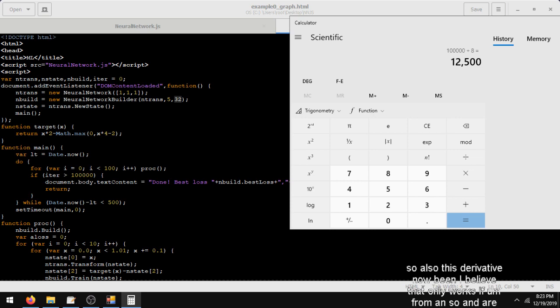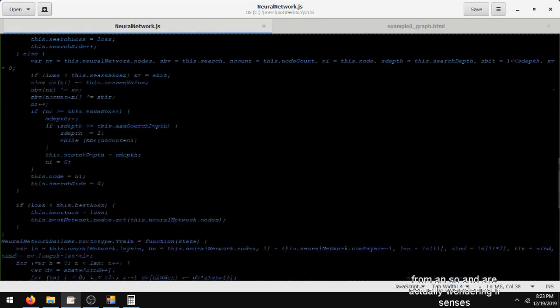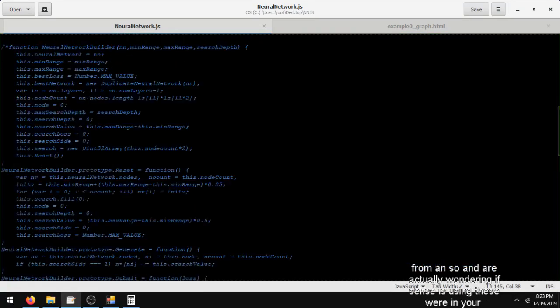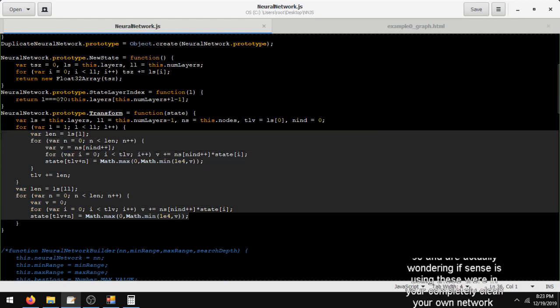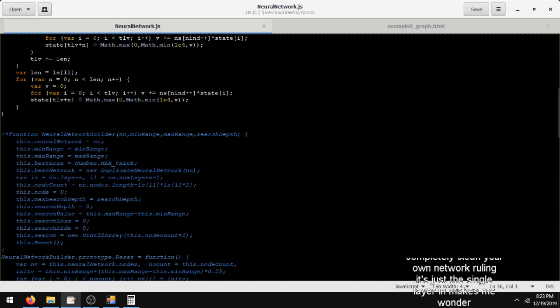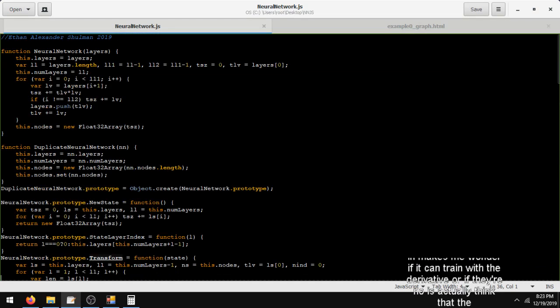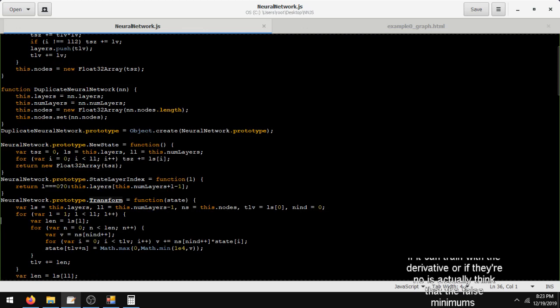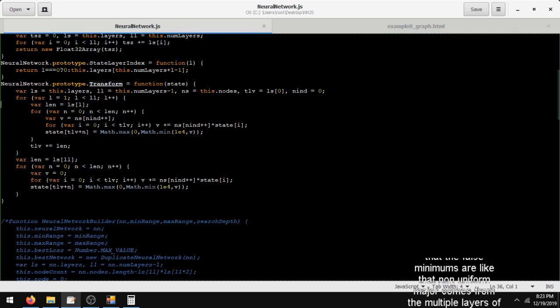So I'm actually wondering if, since it's using this completely linear neural network, like it's just a single layer, it makes me wonder if it could train with the derivative, or if there's no, because I actually think that the false minimums and that non-uniform nature comes from the multiple layers, and when you just have a single layer,